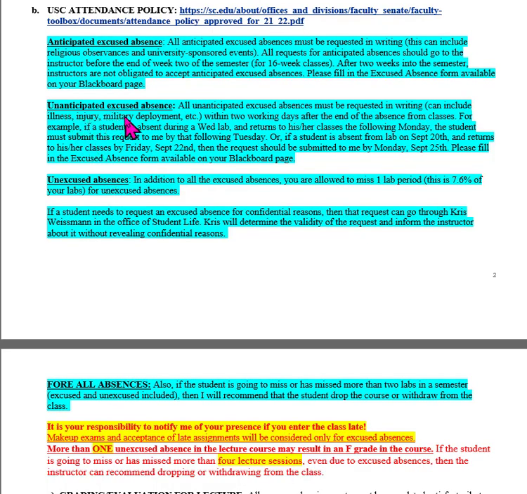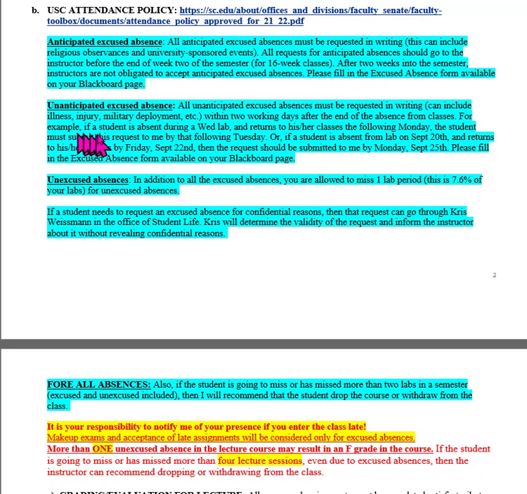The next category of absences per USC policy is unanticipated excused absences. So these are excused absences that you do not know about at this time or in the first 2 weeks of your class. If you come to such an unanticipated absence, you must request in writing why you think you should be excused from those absences. And that can include illness, injury, military deployment, etc. That kind of request in writing should be done within 2 working days after the end of the absence from the class. So let's say you are absent on Tuesday and Wednesday, then by Friday, I should have something in